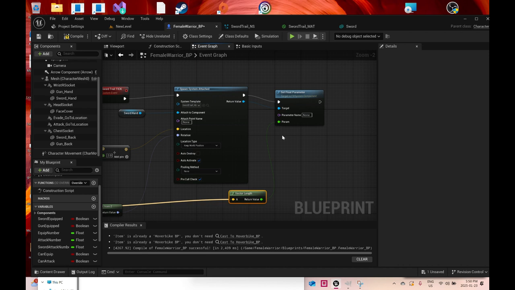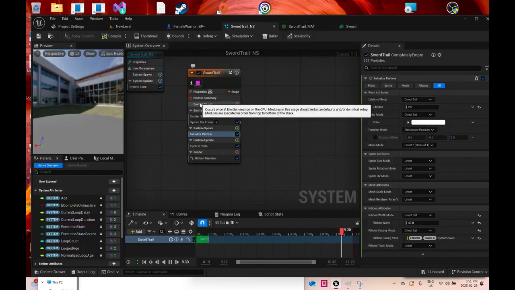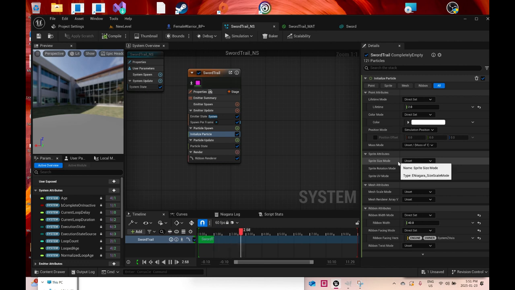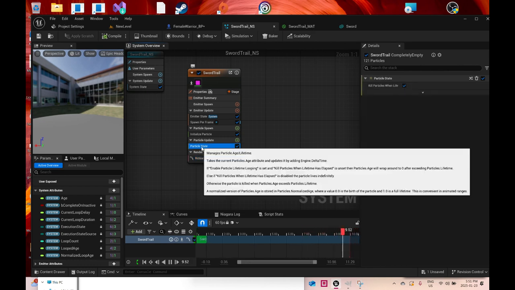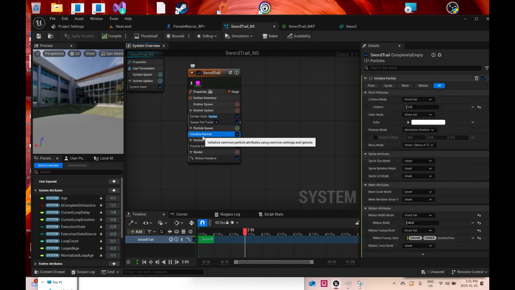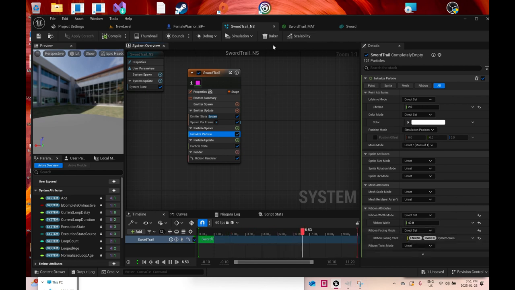And the parameter name is trail width, but